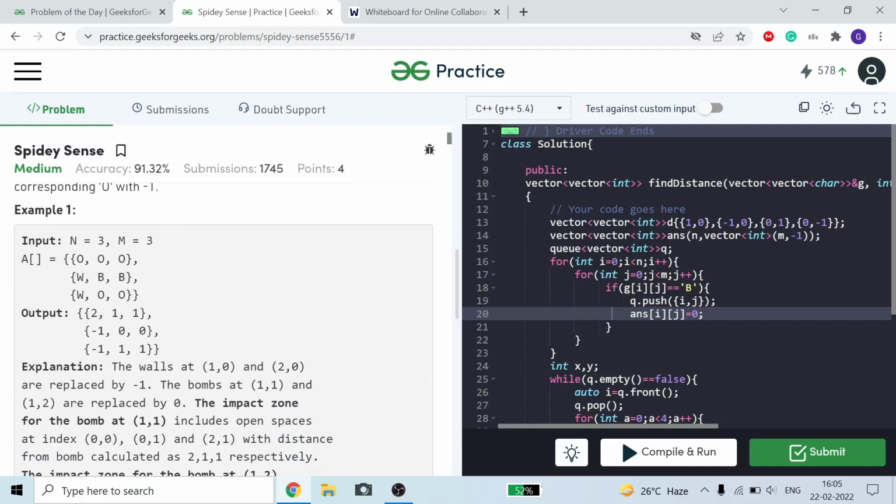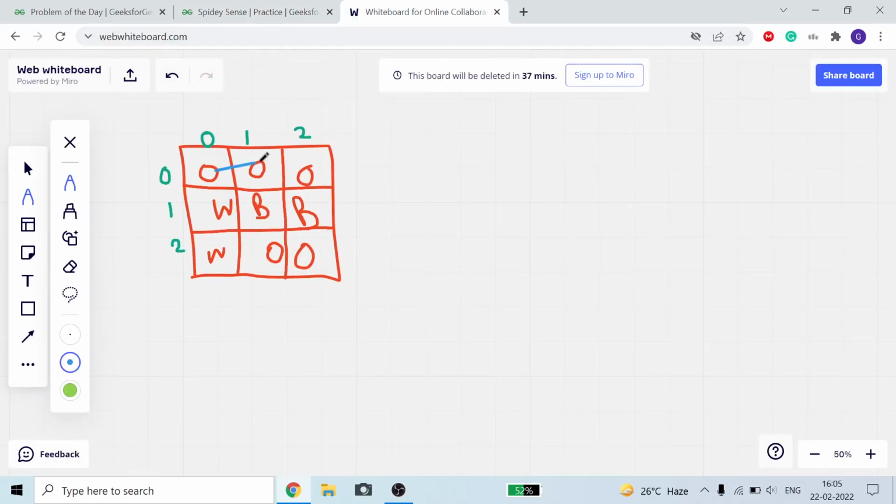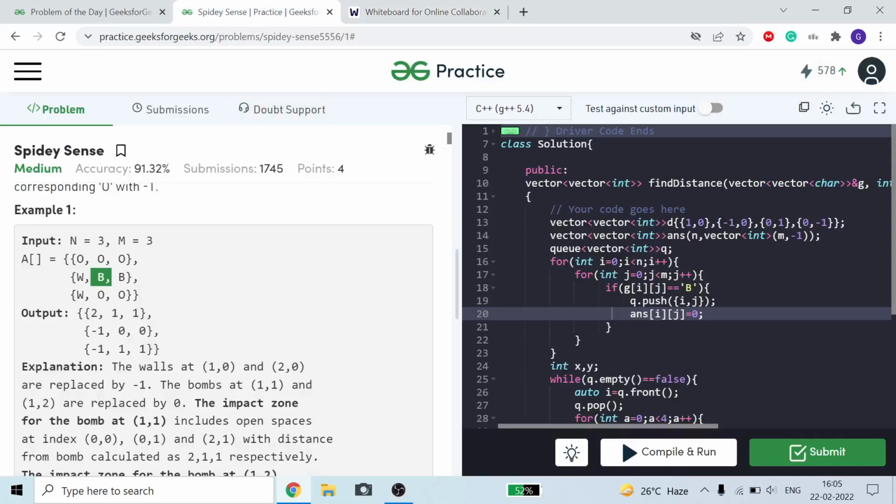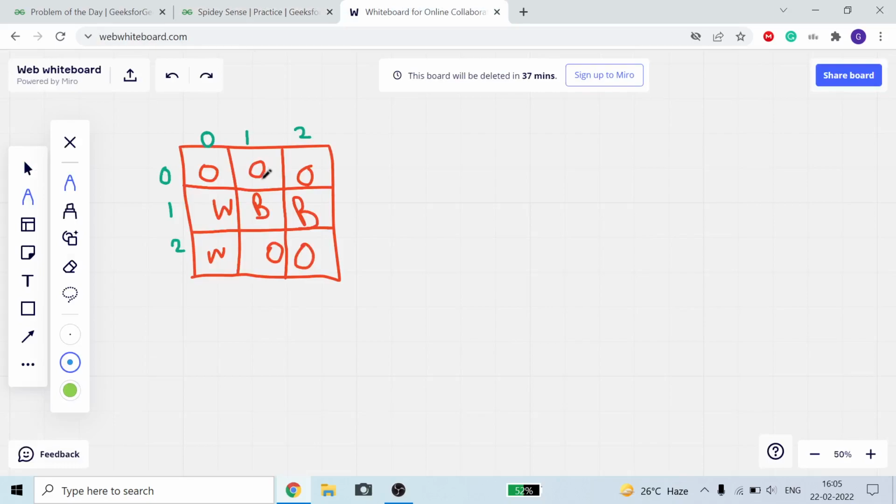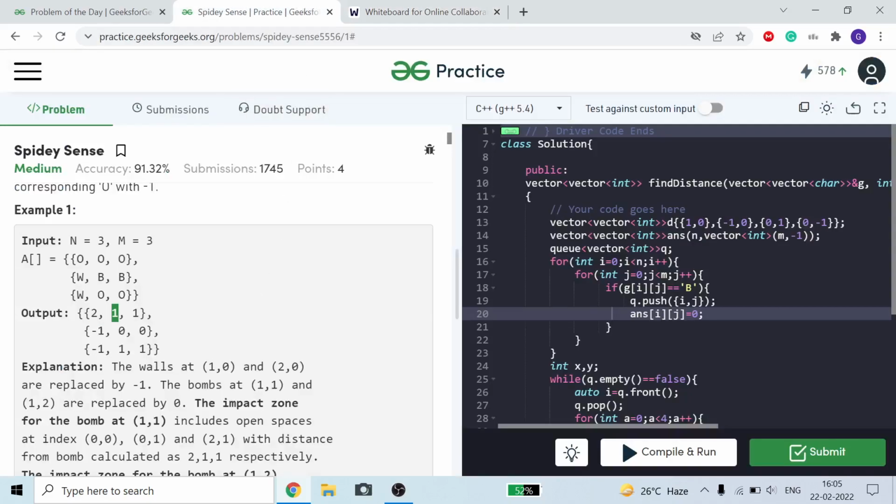Like here you can see that the distance of this O is minimum with this one, which is equal to 2. For this the minimum distance with this B is equal to 1. I am telling you here, like from this O we can go here in 2 moves and we can go here in 4 moves. Okay, so sorry, in 3 moves. Like 1, 2 and 3. Okay, so similarly we will take out this. So here it is equal to 2. From this O we go to here in just one move.